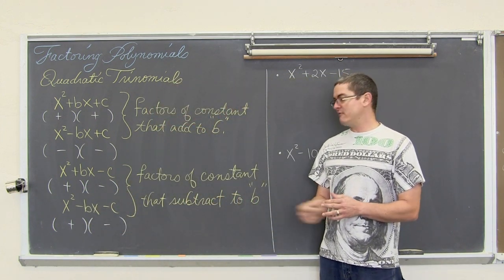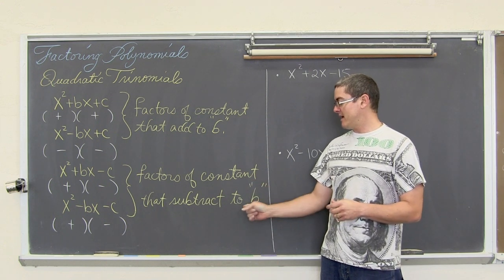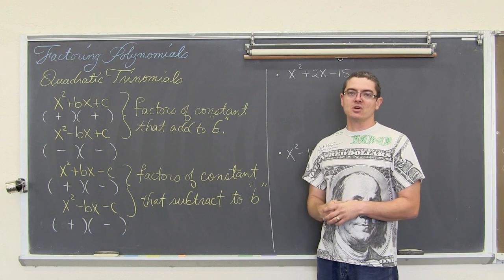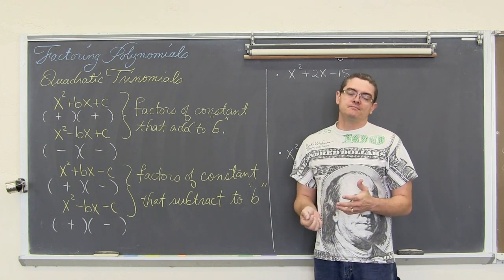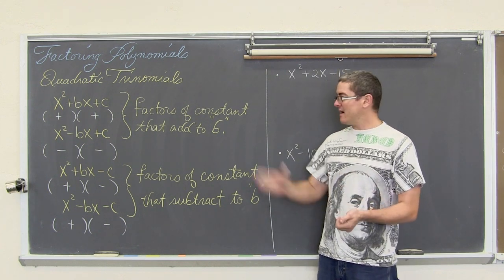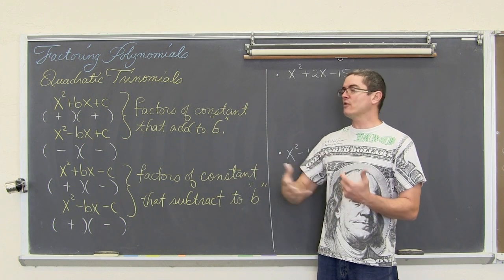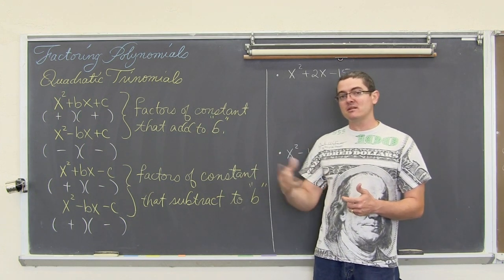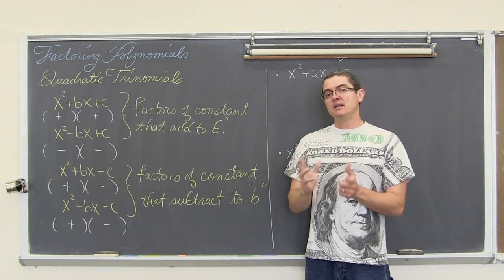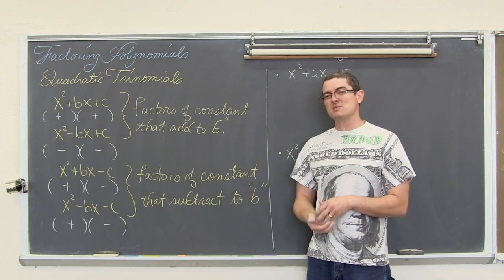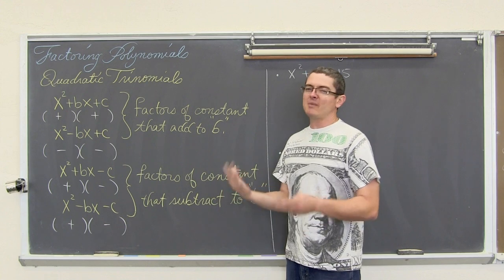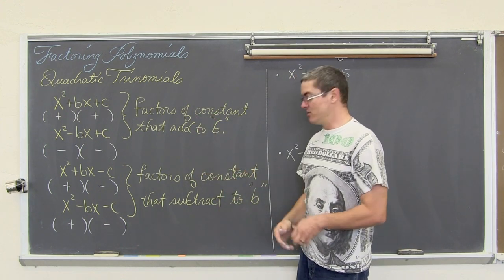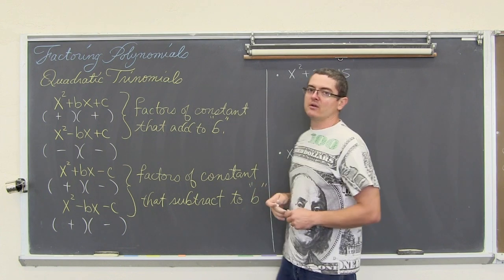And we will be saying that you're going to be looking for factors of the constant that subtract to the middle term of b. Now, you can also add a negative, so really I could be saying that when you're factoring quadratic trinomials, you're always looking for factors of c that add to the middle term. If you're saying there's a plus negative, plus negative is the same as subtraction, so your teacher might be using slightly different language. I might even vary my language a little bit from these notes, but it's a nice sort of framework of what you're going to be doing.